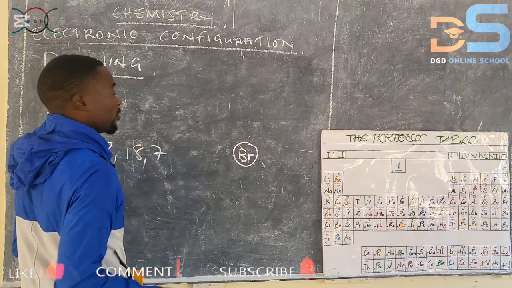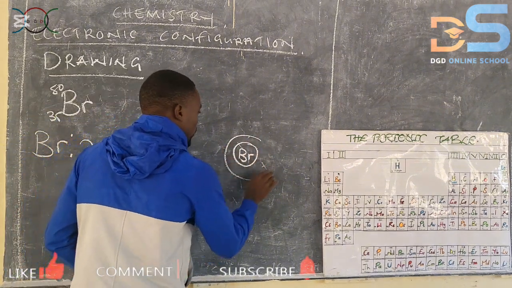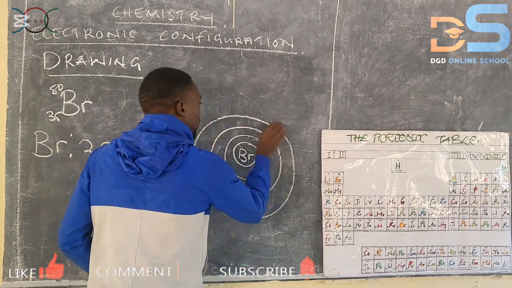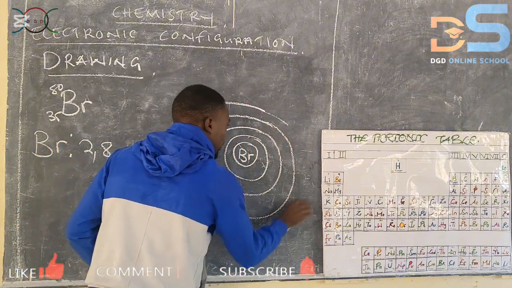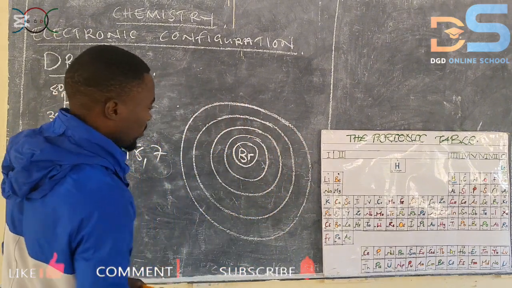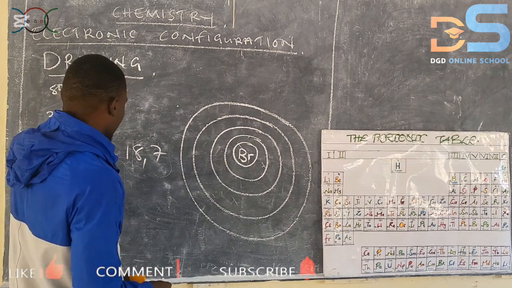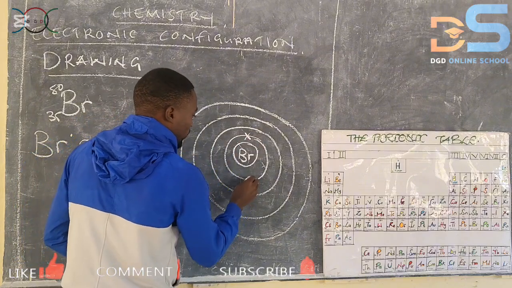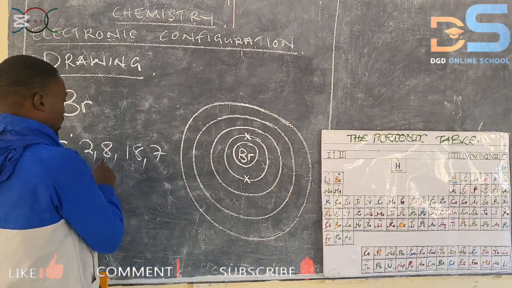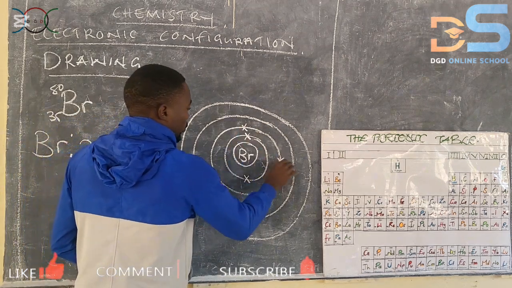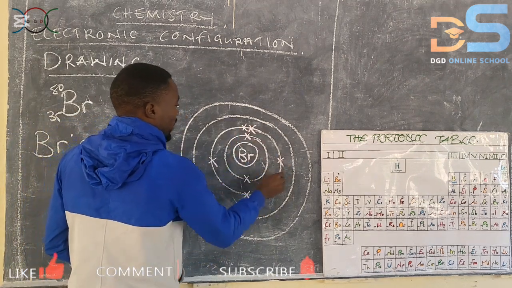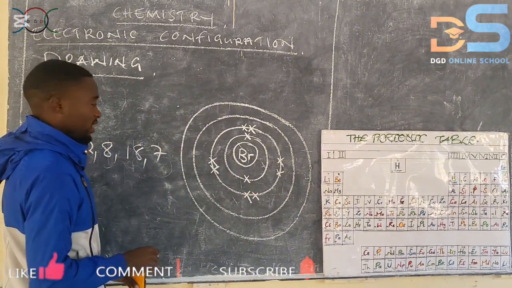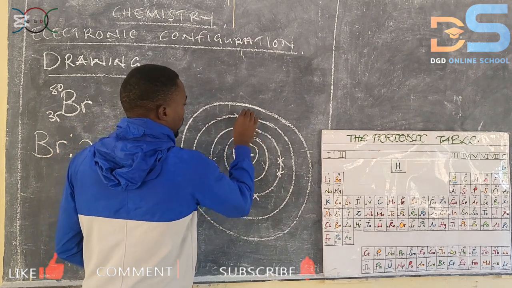Then how many shells do we have? We have 4 shells. So we are going to have the first shell, the second shell, the third shell, and then the fourth shell. Don't mind my sequence. In the first shell, we have 2 electrons, so we have 1 and 2. In the second one, we have 8, so we have 1, 2, 3, 4, 5, 6, 7, 8. In the third, we have 18, so we are going to distribute them as 1, 2,